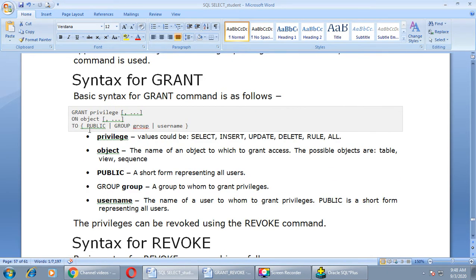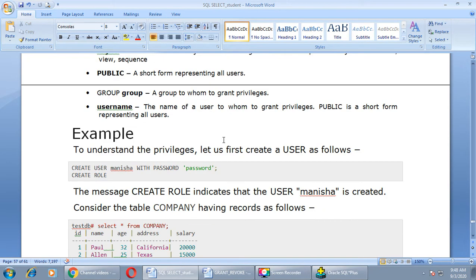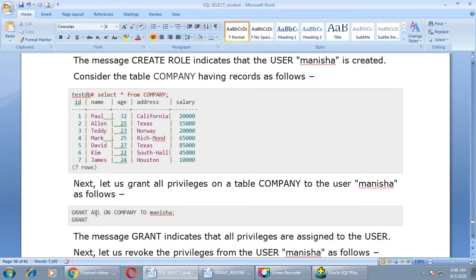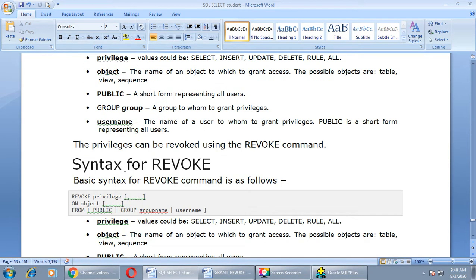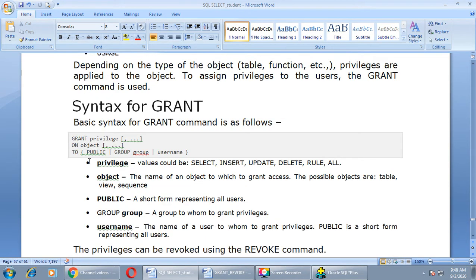As we have seen, grant is our keyword, privilege is a value. It may be select, insert, update, delete, rule or all. So here we have taken all. Then on, object name; on is a keyword, and object name, here we have used company. Company is an object. Object means the table to which you want to grant these privileges.